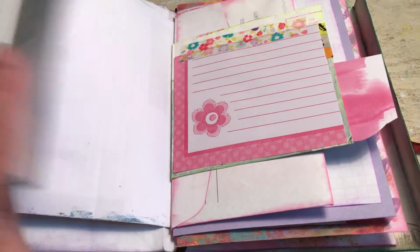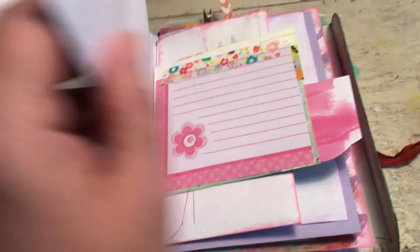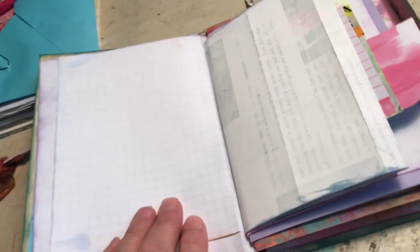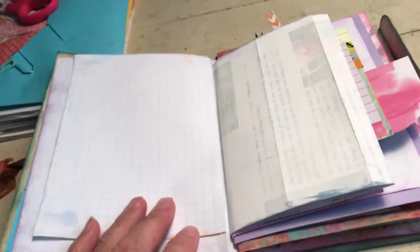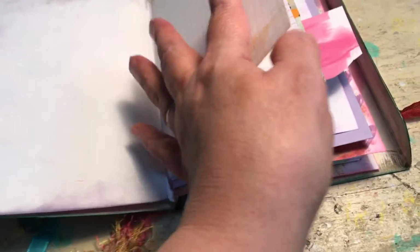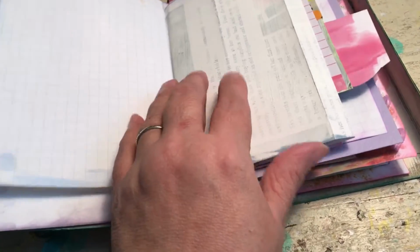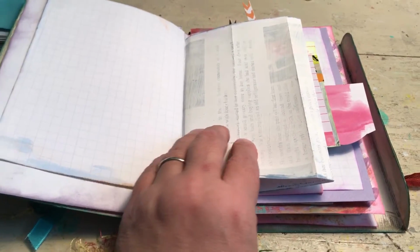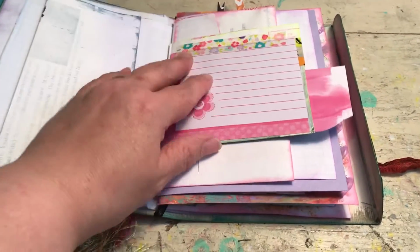Anyway, now this is the junk journal that I had from last time. And I did decide to gesso most of it. And the reason being is this paper is so thin, I highly doubt I'm going to be able to paint. Now, some paint markers I might be able to use that won't leak through and bleed. But I thought this will give me an opportunity then to do some artwork, because I don't want to just do journaling. So anyway, let's